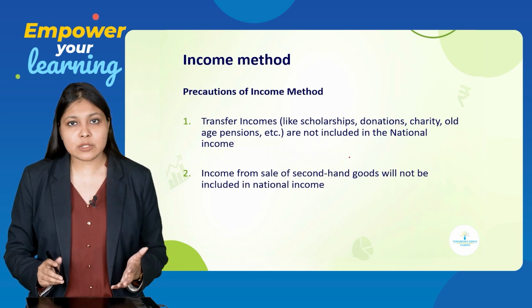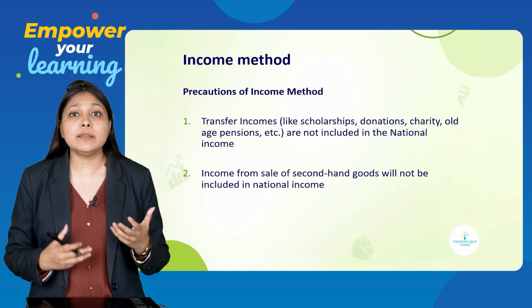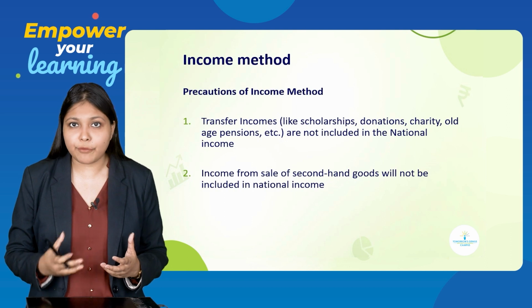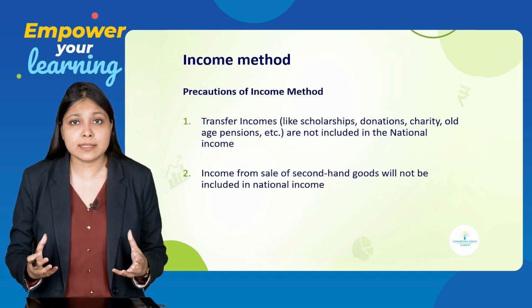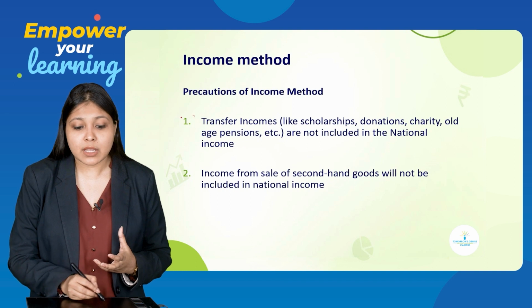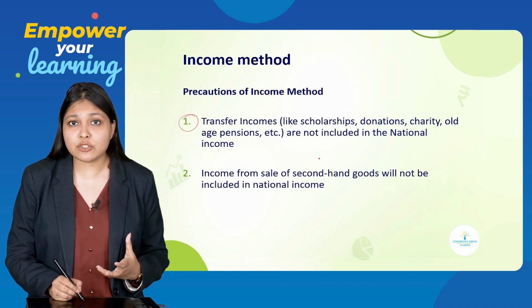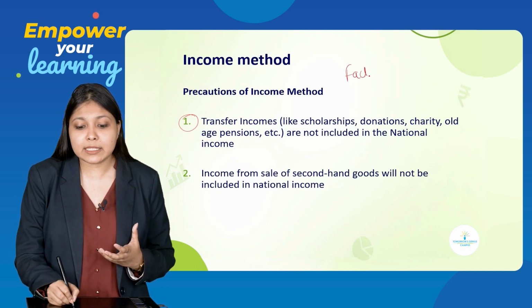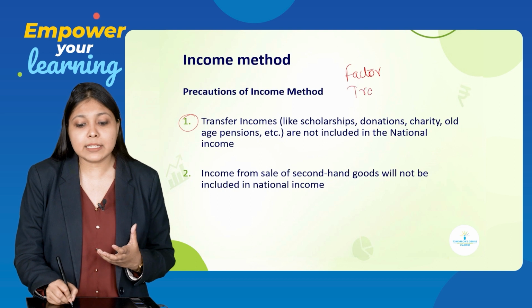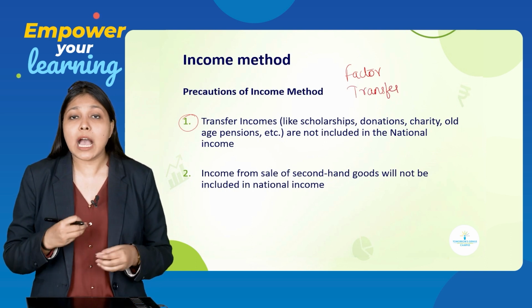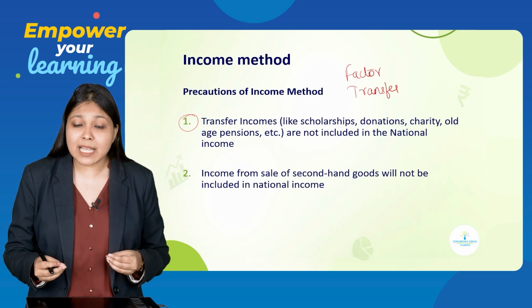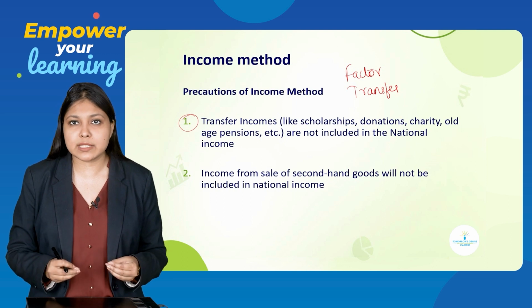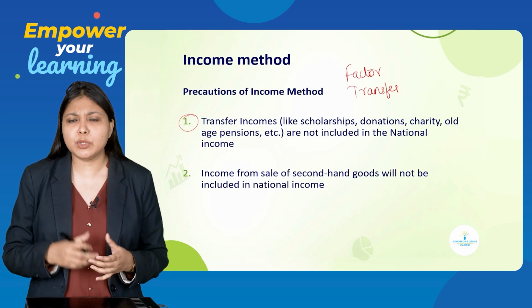Coming towards the precautions of income method, that means when you are calculating national income using income method, what are the precautions which you have to take care of? What are the certain things which you have to keep in mind? First, transfer incomes. Transfer incomes are never included in national income, neither in domestic income. We already know income can be of two types: factor income and transfer income. Factor income are those incomes which are earned after providing some services. Transfer income are those incomes which are received without providing any productive services in the economy, like scholarship, donation, charity,